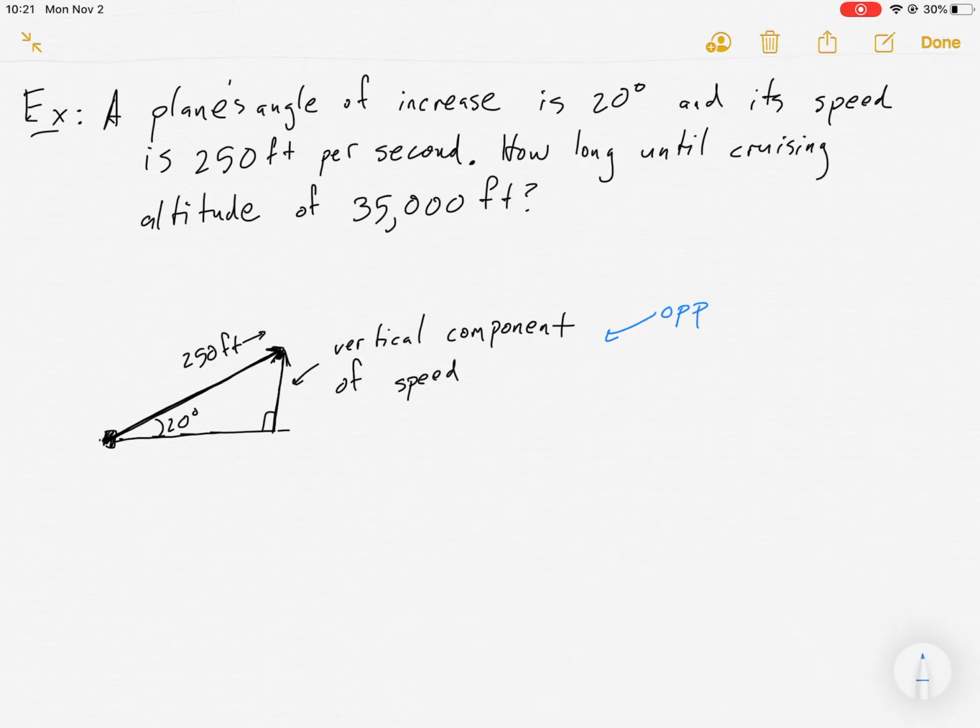And to get this vertical component, notice I've created a right triangle here. This is the opposite side, and this is the hypotenuse. And I have an angle right here. So this tells me that sine of 20 degrees is going to give me that vertical component over 250 feet. And we'll just say in 1 second because we can really choose whatever we want. So the vertical component of my speed is going to be approximately sine of 20, which is about 0.34, times 250 feet, which is about 85.5